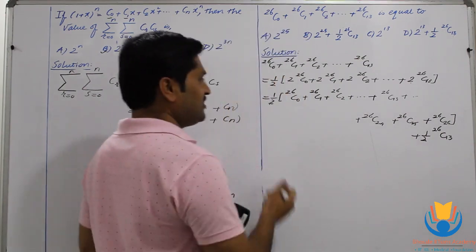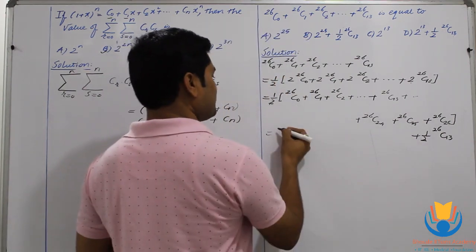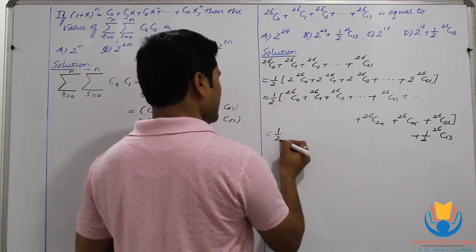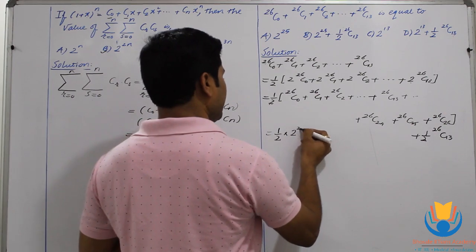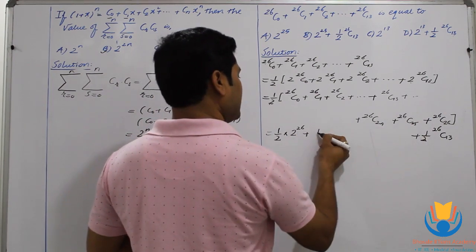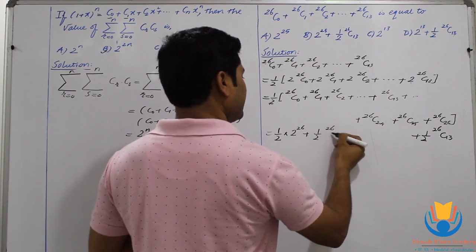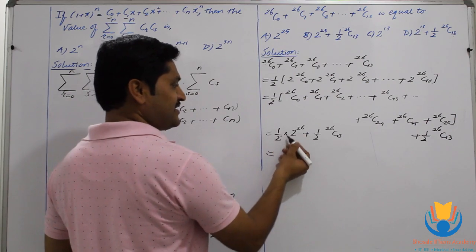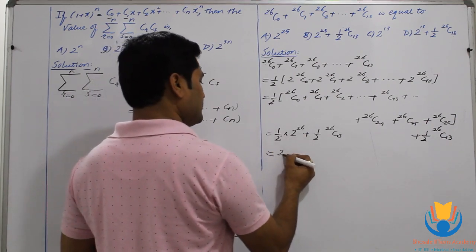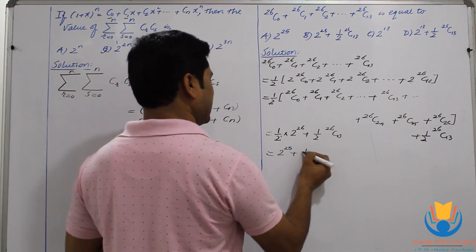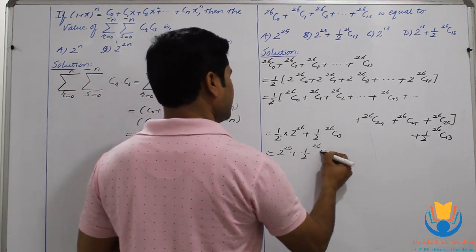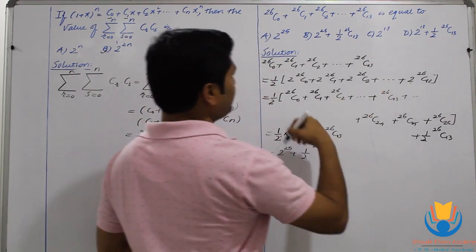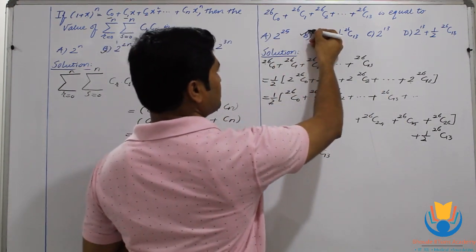So as you can see here, the sum of all those coefficients is going to be 2^n, where the value of n is 26. So this is simply 2^26, plus the remaining part, half of 26C13, as it is. This is 2^26 divided by 2, so subtract the indices as these are in division. So this is 2^25 plus half of 26C13. This particular result you will find in the second option.